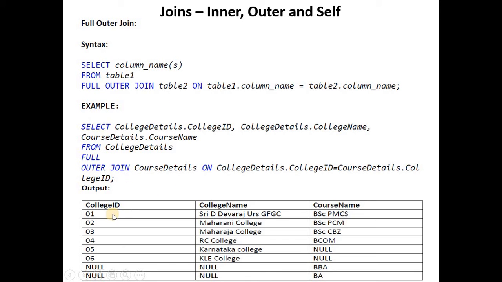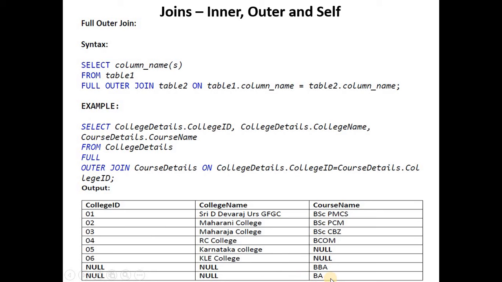So first left join means all the rows from the first table or the left table will be displayed. So college ID 0 to 6, the college name is displayed, but here matching values from the right table or the second table is only these 4 up to BCom. Other 2 are not matching, so put null. But there are some more course names in the second table or the right table, so those will be displayed next.